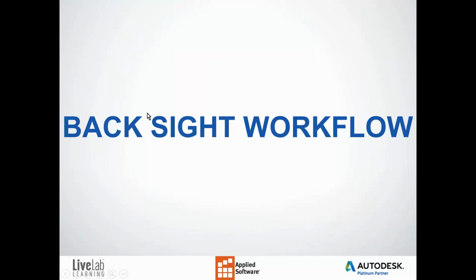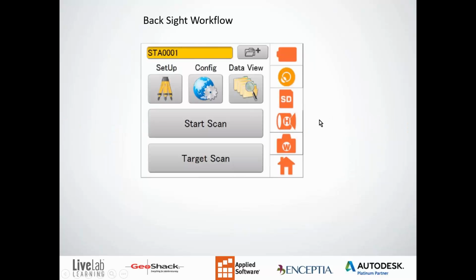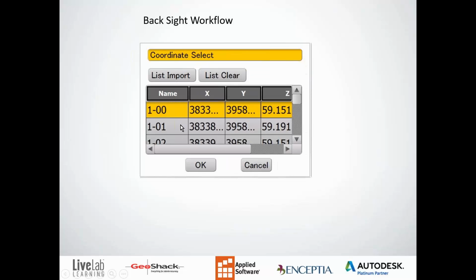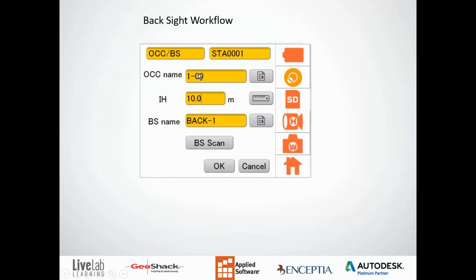So let's go into an actual workflow of this now that we've looked at the graphical user interface. The workflow is going to your setup button. And what we've done is we've just taken our SD card in our computer and we've downloaded a CSV file, simple CSV file, typical in the industry. And what we can do is it's telling us that our station that we selected, that we're going to do an occupy and back site. So we're going to come and click on this button here, and it's going to show us a list of our points and have X, Y, Z's and all of our numbers. We just choose the point we're on, we highlight it in yellow and click OK,